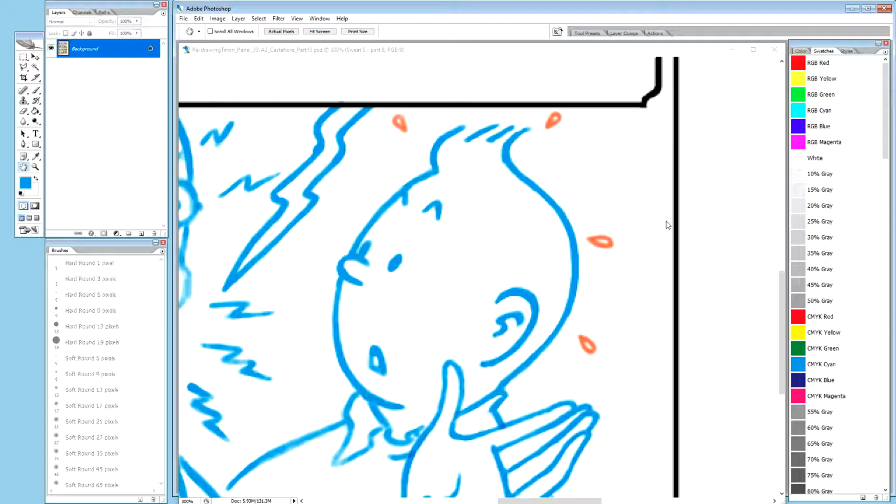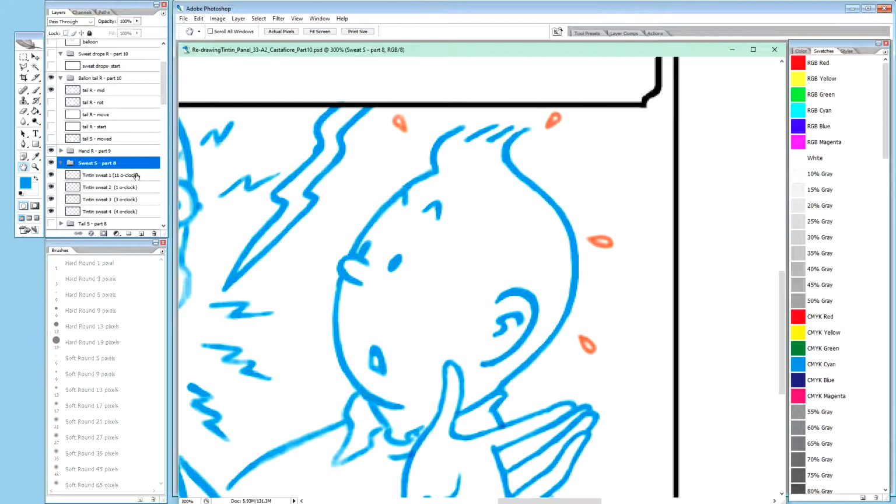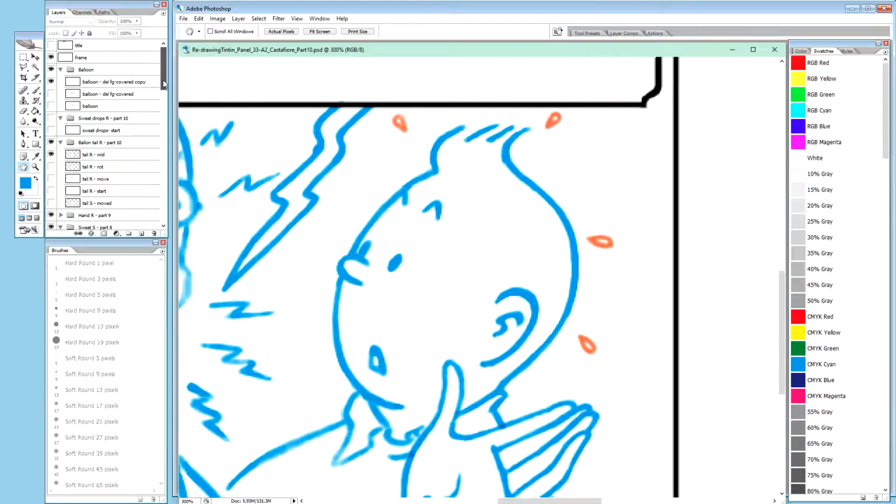Well, I think actually this one here should probably be placed 1 or 2 pixels up. Okay, so let's see if we can. Let's duplicate all of them, and then